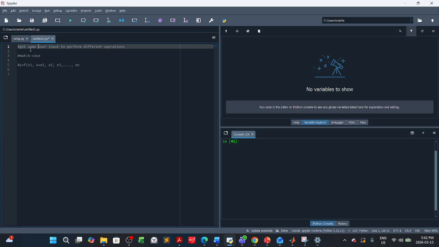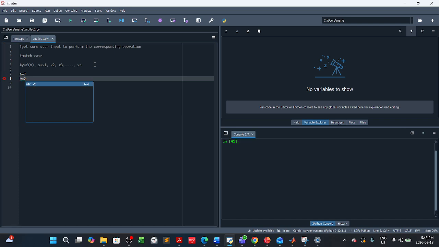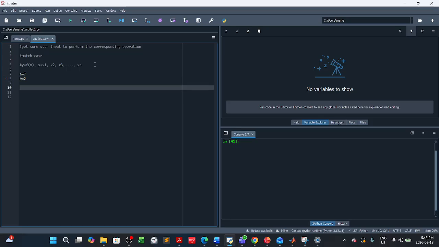Let's get some user input to perform the corresponding operation, right? And then let's start with a is equal to 7, b is equal to 2, right? So these are two numbers we have defined,